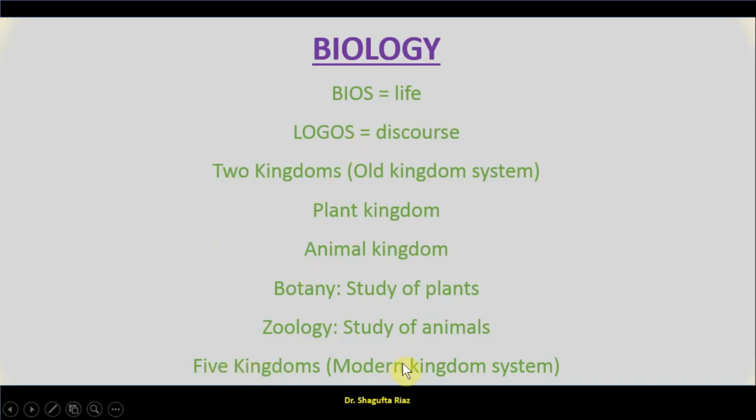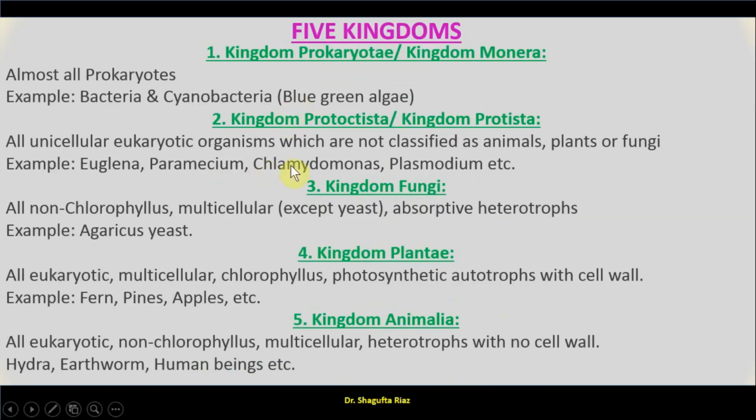The five kingdom system is the modern system of kingdom classification. It depends on the taxonomy of living organisms. On the basis of the study of taxonomy of living organisms, this modern kingdom system was proposed. Now we will discuss all the five kingdoms. Number one, kingdom